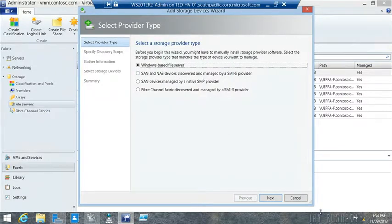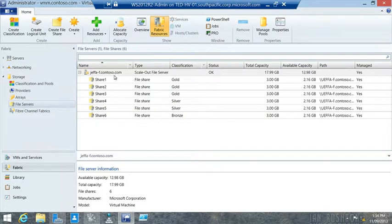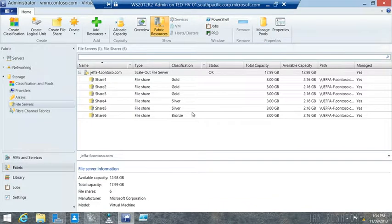Now, I've already added that in, so I'll say yes to that. I can go and look at the properties. I can see the number of cluster nodes, so I've got 2 cluster nodes on this right now. I'm going to show something a little bit later on. And I've gone in and classified all my shares with gold, silver, depending upon how I want to make this available to my customers. I can specify that if I want to. I can go and manage my